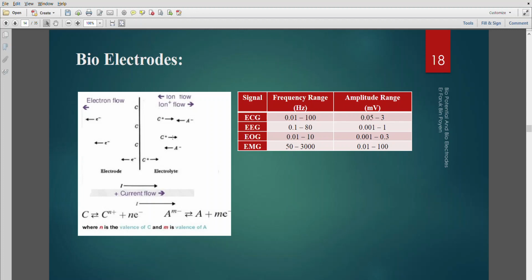So what is this actually? This is actually an electrode-electrolyte interface. When there is a current at the electrode-electrolyte interface, an oxidation happens on one side and a reduction on the other side. When there is an oxidation on one side and a reduction, there is basically dissociation of ions. This dissociation of ions moves so that anions move towards the electrolyte, while the cations move away from the electrolyte, as with the current. So in cations there is a removal of electrons, and in anion there